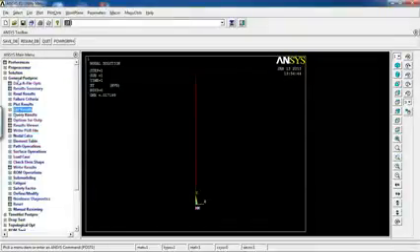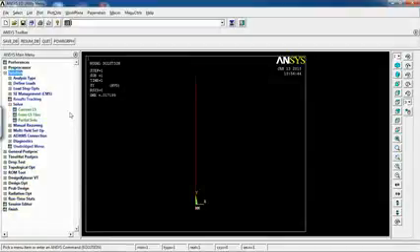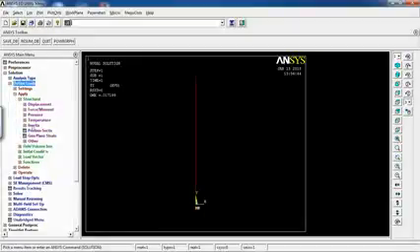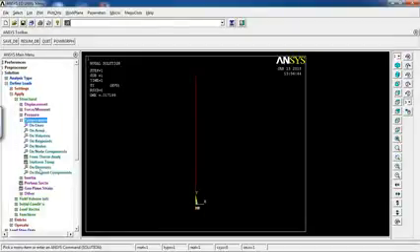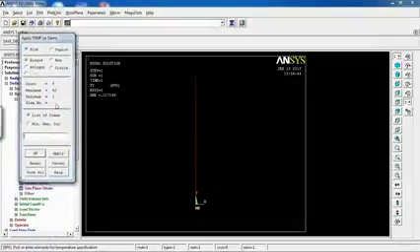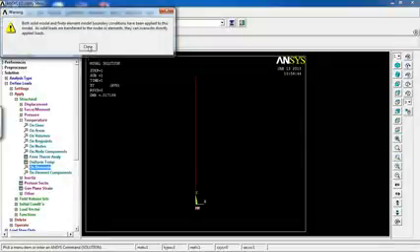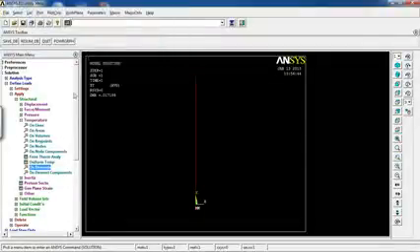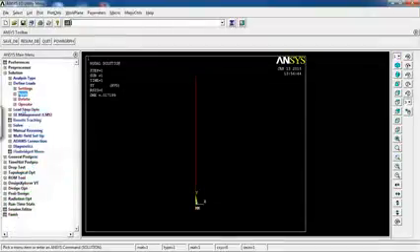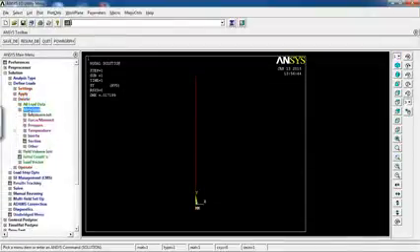Now let's go back and apply a second load to this model, and that is temperature. So I come to define loads, temperature on elements, and I want to define this temperature to all the elements. So I pick all, and for all of them I just enter 30, 30, and 30, and I OK this window. Or okay, this one was wrong, so let's delete this temperature